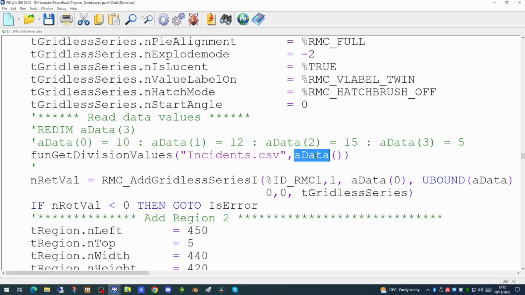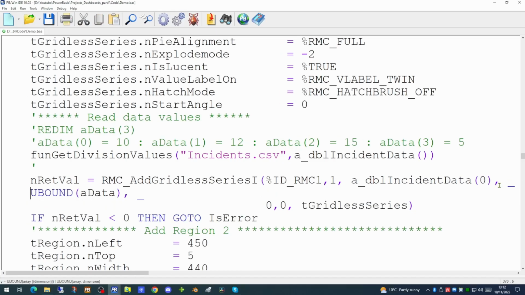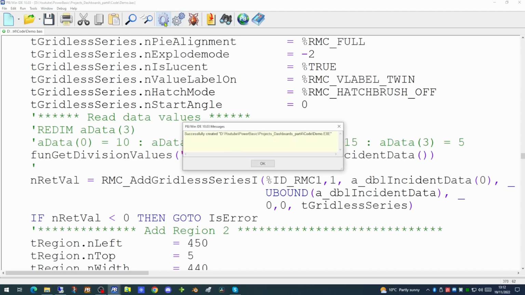We merely have to replace the array here with our new one. So when the code runs, we'll be using this array here to populate it with those initial values. Click compile to see we haven't missed anything.